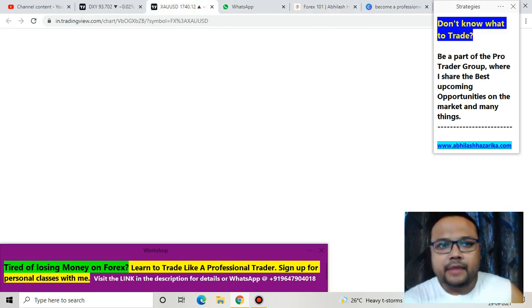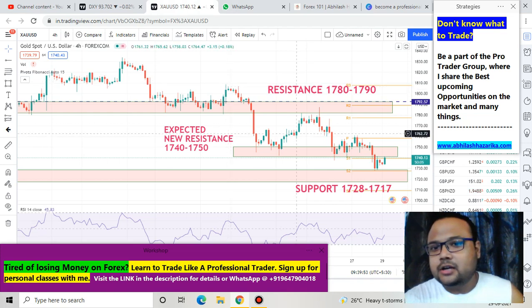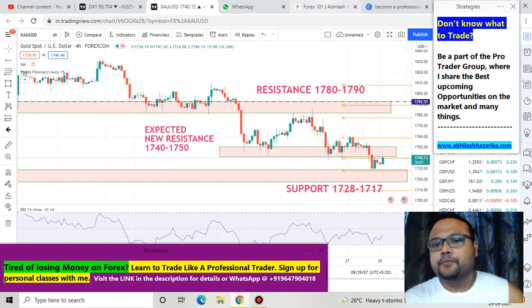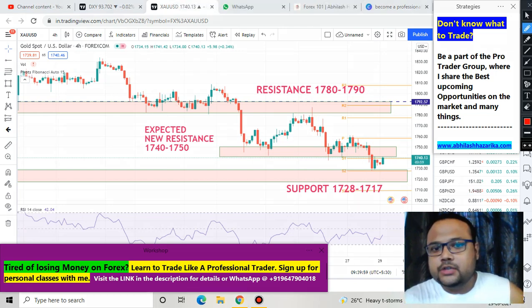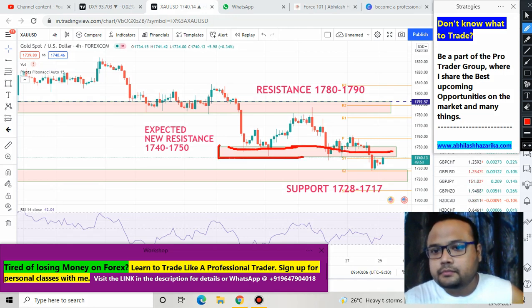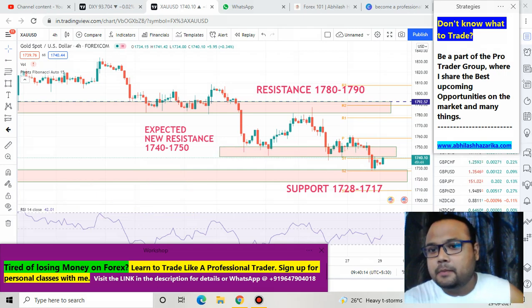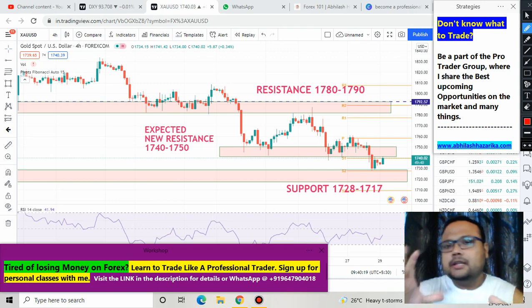On the other hand, if you just look at the chart of gold USD here, this is the new setup. Previously, the level 1740 to 1750 was the support for the market, and right now we can hope that the previous support will be acting as the new resistance for the market. You can see that the overall setup of the market has changed a little bit. The previous support has become the new resistance,